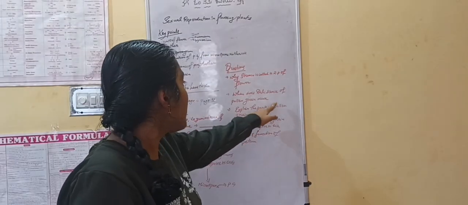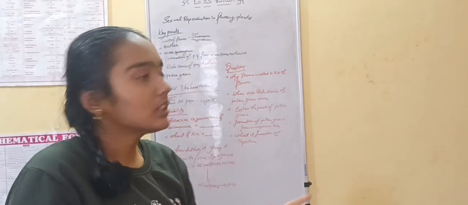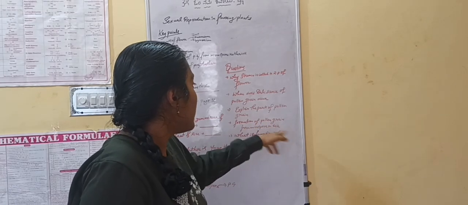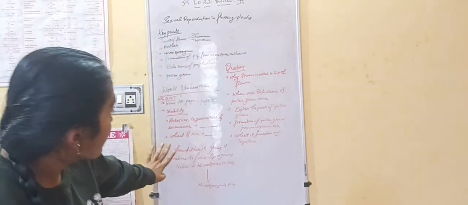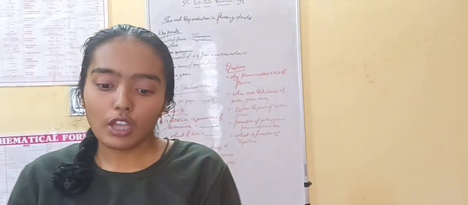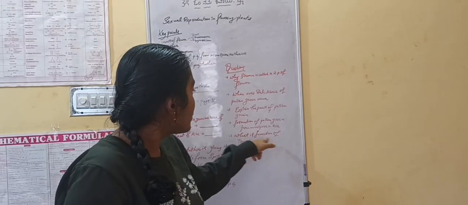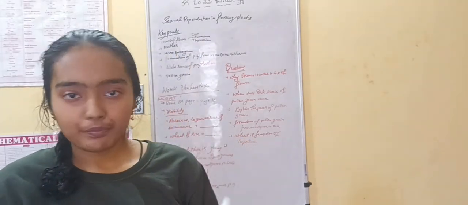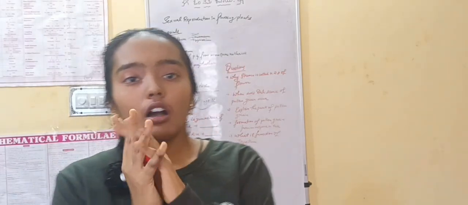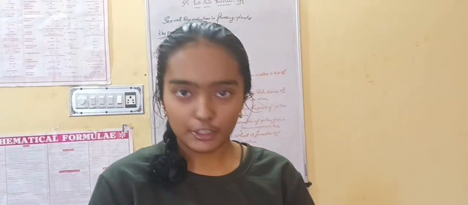Then explain the parts of a pollen grain. Pollen grain I explained in the last part. And the formation of the pollen grain from the microspore mother cell, how it occurs, I already told in the memory tip. But these questions you need to revise. You have to write these questions without seeing anything. And then, what is the function of tapetum? The nourishment and everything, I already told you. And why is it bilobed like that? Because of nourishment.